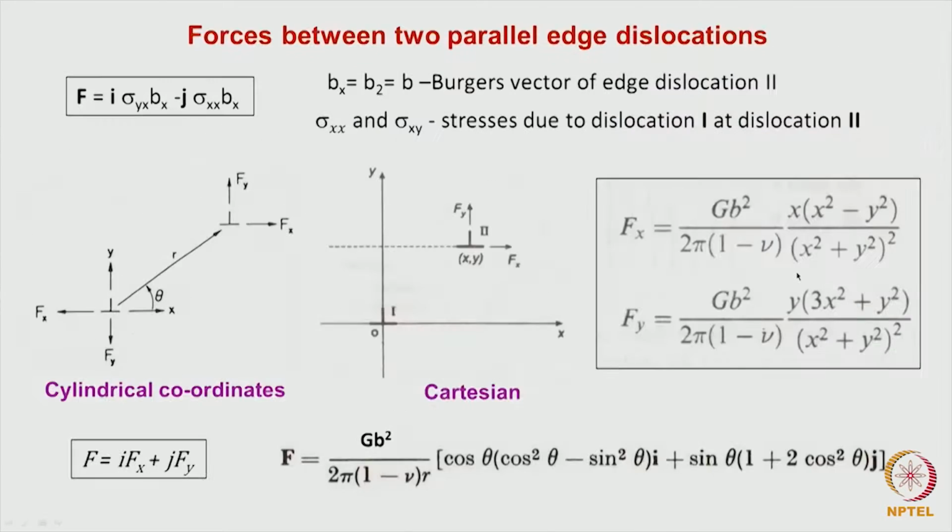If you look at this expression itself, it becomes very clear. In the expression for Fx, if x becomes equal to y, then Fx becomes 0. What is essentially going to happen is that the repulsive forces will start decreasing, reach a maximum, start decreasing, and reach 0. Then a similar thing happens on the other side. For a value of x greater than y, x squared minus y squared is always going to be a positive quantity, and that is where the repulsion is going to be there.